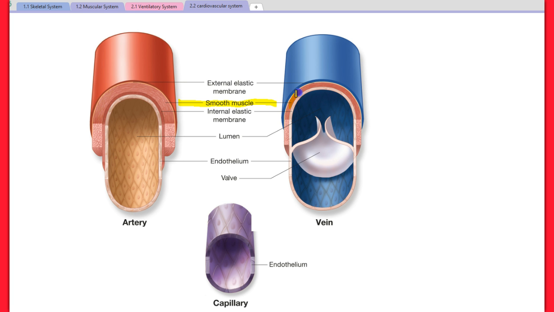Here on the vein, it doesn't show up particularly well, that muscular wall is very thin, which does nothing to aid blood flow in the vein, but here it's nice and thick